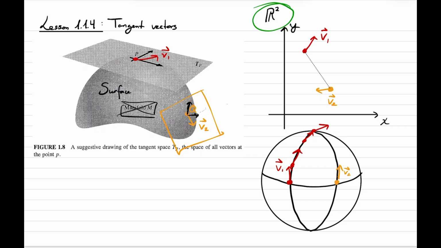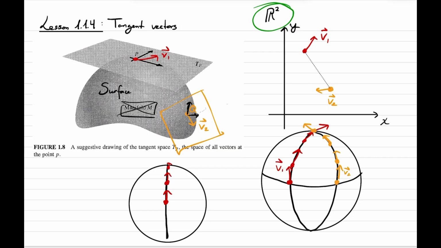Okay. So if you don't really see this, you can imagine that if you are looking at the sphere from the front, being this the black line, what we are doing is just pulling the vector upwards, pointing always in the same direction. Okay. Now we are going to do the same with v2. So we have v2 here, we have v2 here, and now when it arrives to the top, it's pointing in